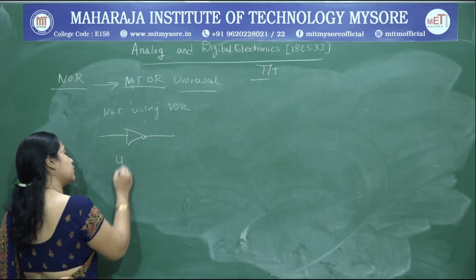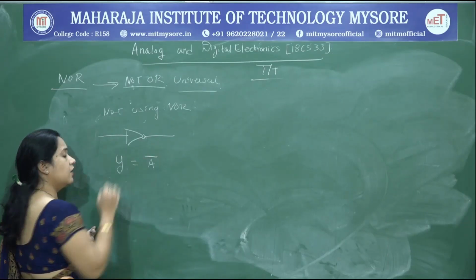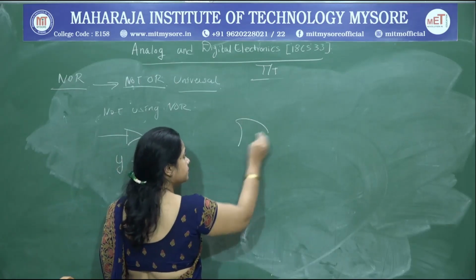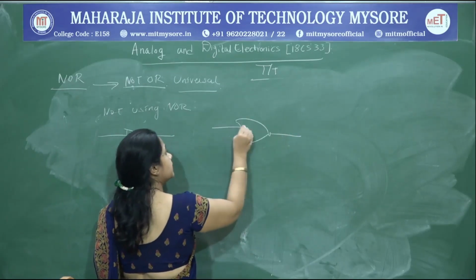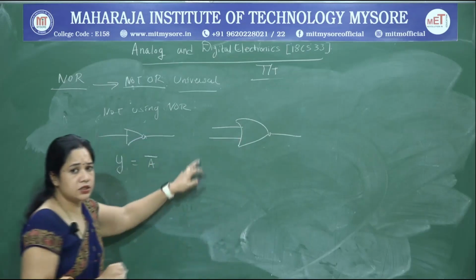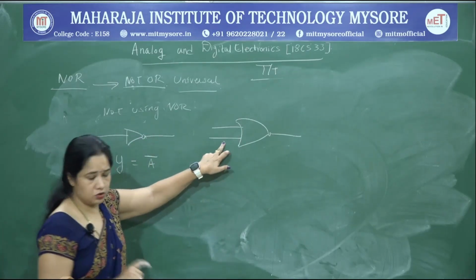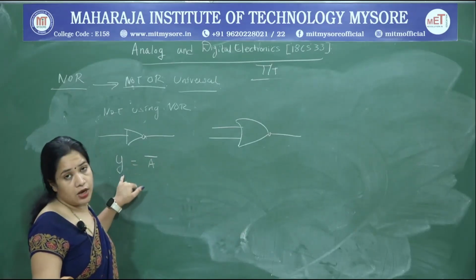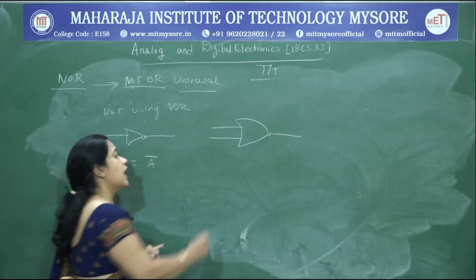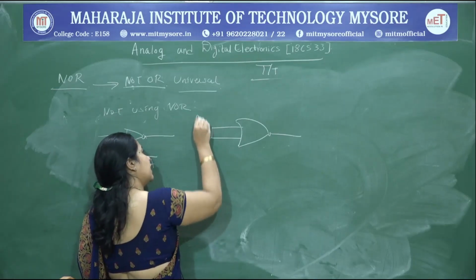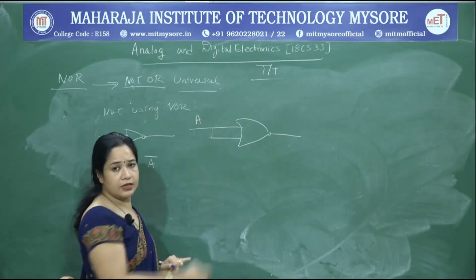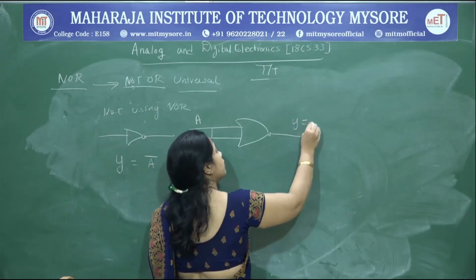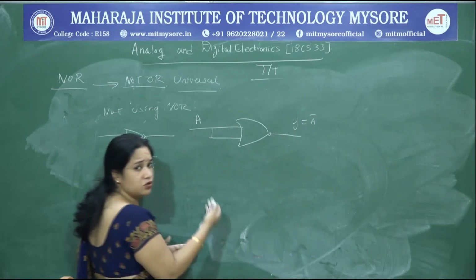I want to realize a NOT gate using a NOR gate. So, what is a NOT gate? Y is A bar. So, I want to use a NOR gate to realize it. Because this is a 2 input NOR gate, it requires minimum 2 inputs, but here I need to have a single input. What I do is I simply give the same input to both the inputs of the NOR gate. Y is going to be A bar. We will just try to justify this.